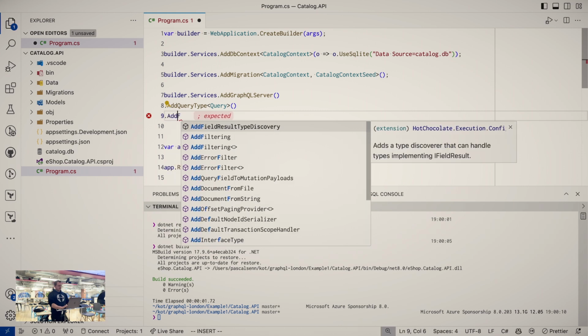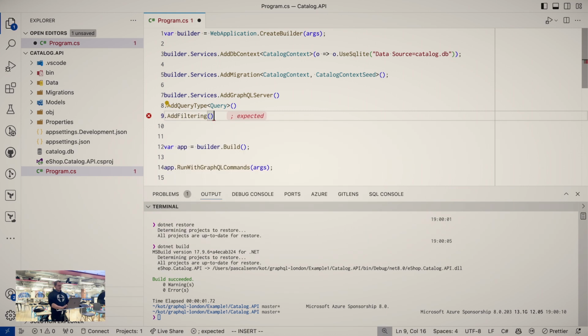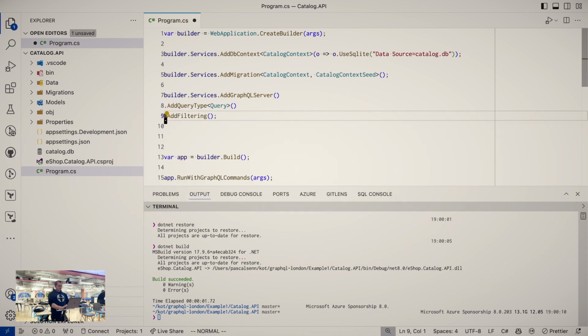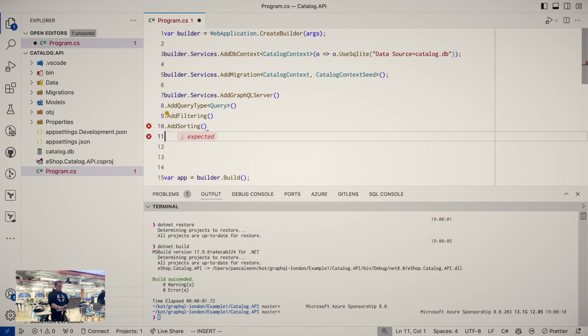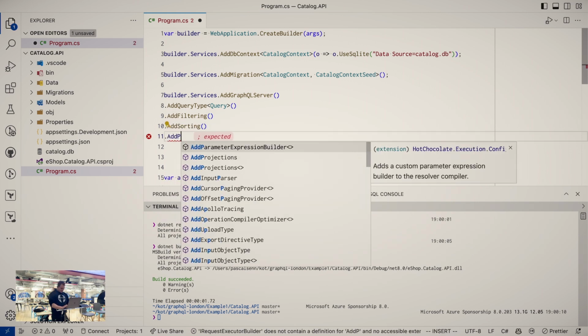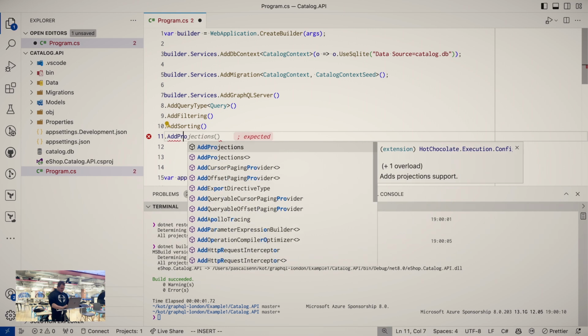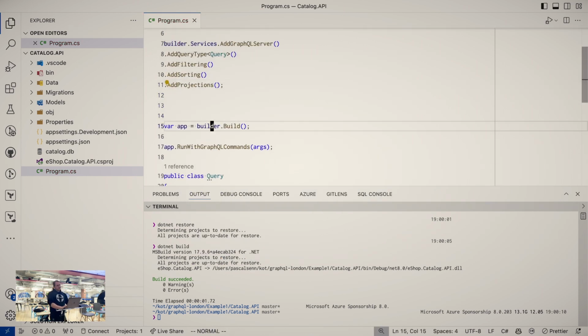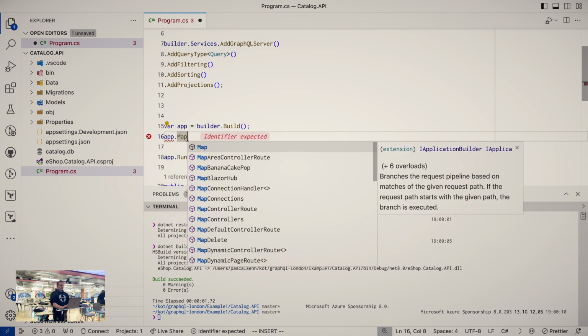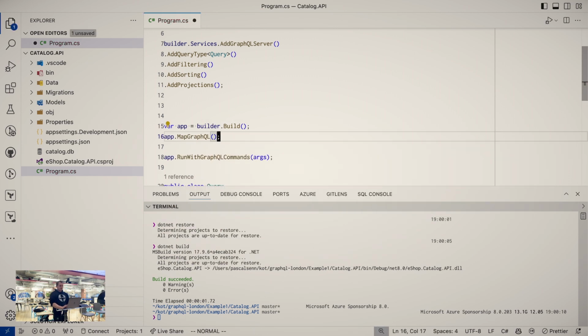And then we say we add filtering. We add, oh, that's wrong. We add sorting. And we also add pagination. No, we add projections. There we go. And what we have to do is we have to expose it. Map GraphQL. And now when we run this,